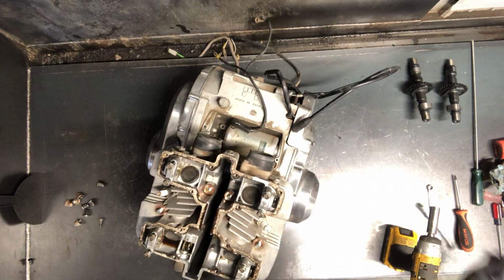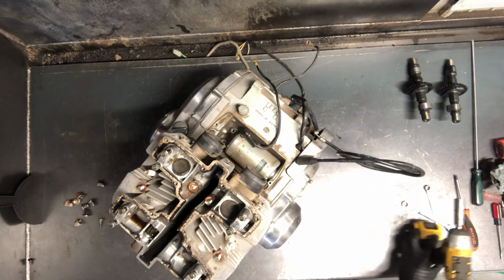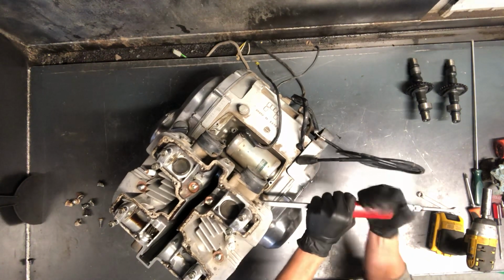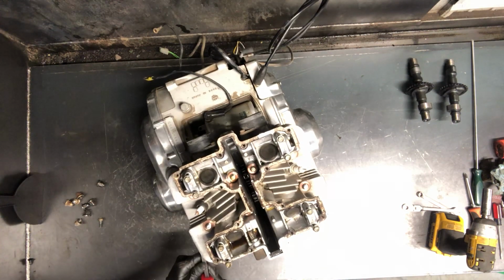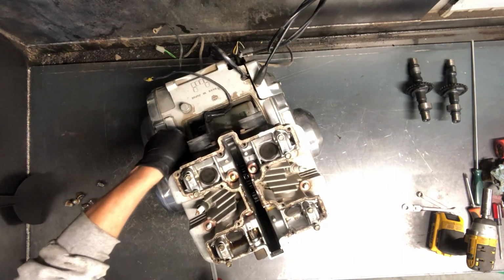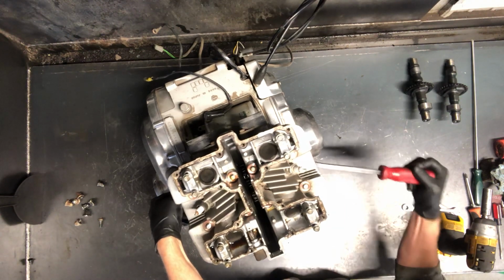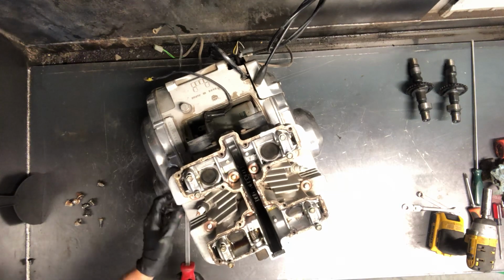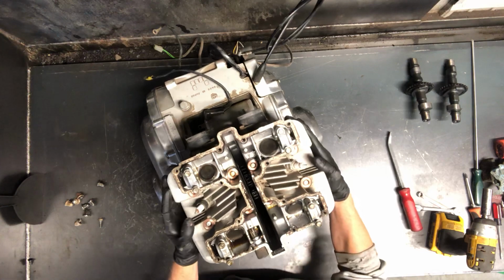All right, that one's off there. Now we can pull this cylinder. A lot of times what I'll do is take a crowbar. You be really careful when you do it this way, that you don't get into the fins, but if you can pry in the right spots here, you're able just to, and it doesn't take much a lot of times, but my fingers aren't small enough to get in between the two. If you're having to use a lot of force, you would not want to use a crowbar, as that would definitely damage some